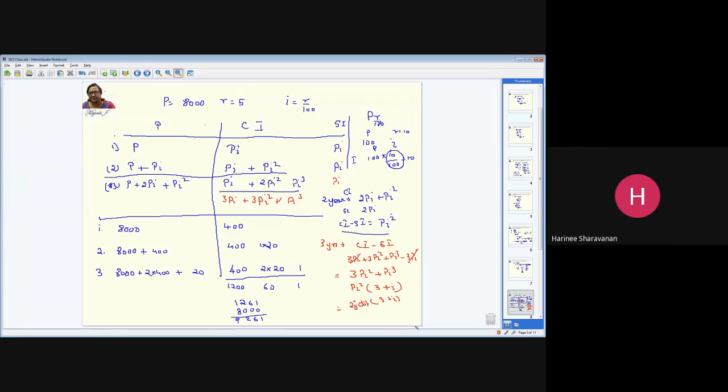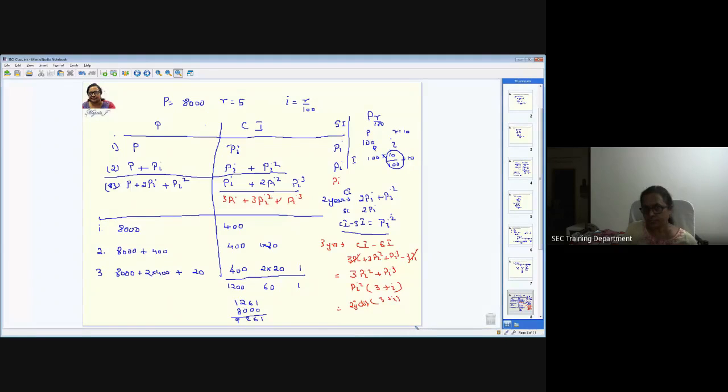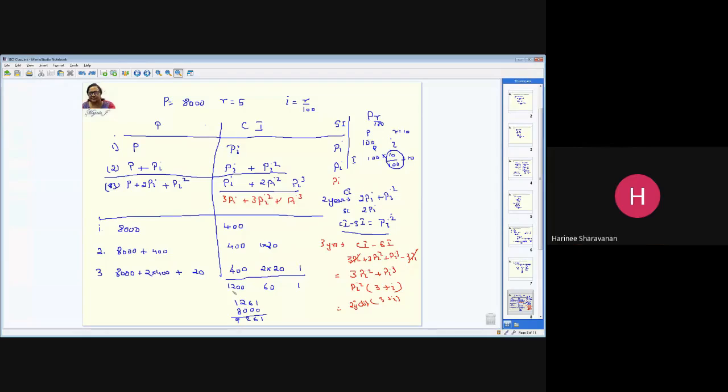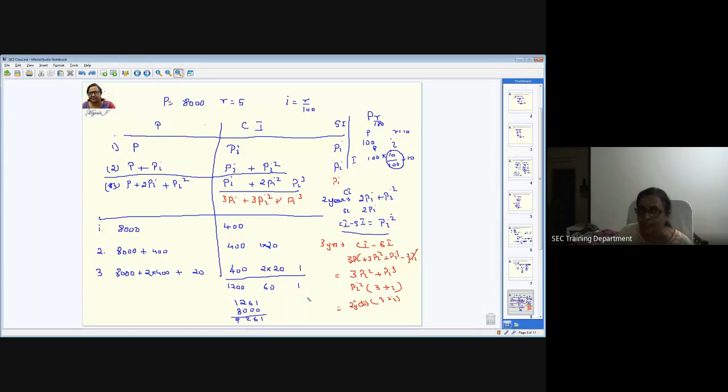Is it clear? Yes. So what we have seen is this 8,000, whatever the question has asked here, for 3 years. For 3 years it is easy because 5% interest is not that difficult to calculate. So we have done it using the formula. But sometimes it is not possible to use the formula. You have to do it directly. So this is a direct calculation. Most of the time, direct calculation becomes easier, even with complicated numbers, because every time we are repeating the same value. We are not going for a different calculation. So once you calculate, it's almost going to repeat in the same way. This becomes much easier compared to the other one, provided the number of terms are more, like 5 or 6.